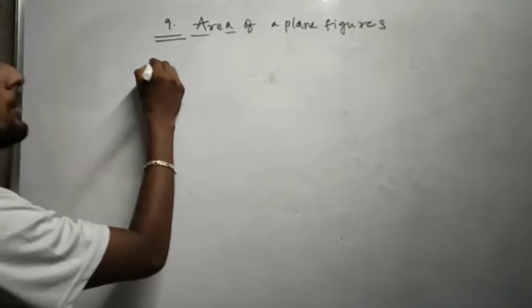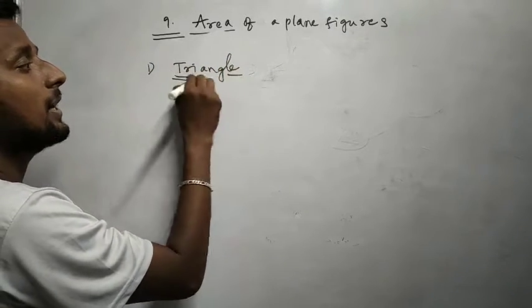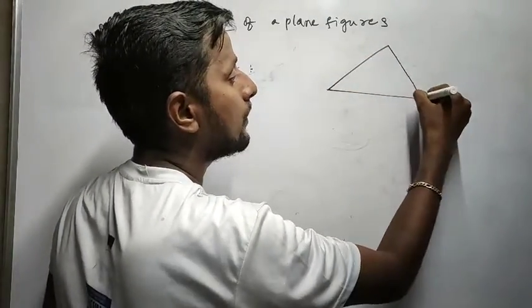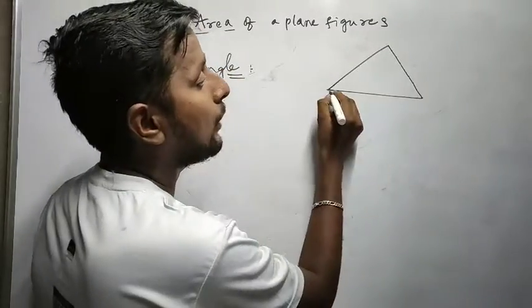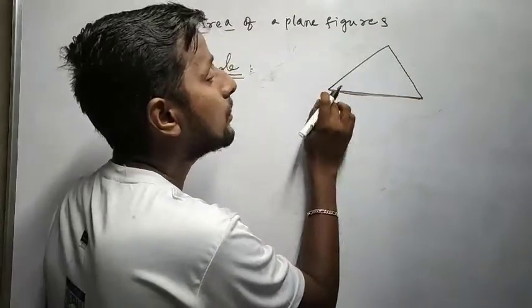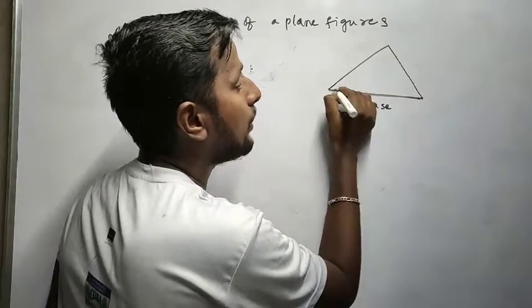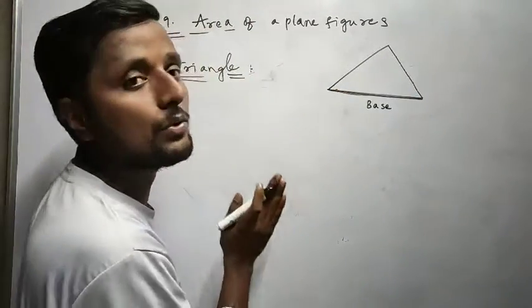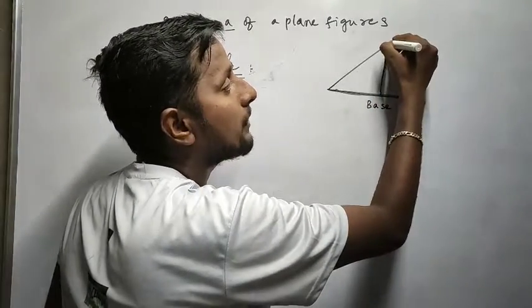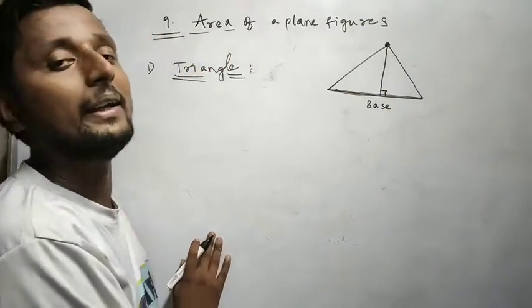Okay, first I'll talk about a triangle. Triangle, it's a simple closed figure. Look now, whatever gives a constant to stand the triangle, we can call it a base, correct? So here the base gives stability for the triangle to stand. Now if you draw a perpendicular line from the opposite vertex, it is the height of the triangle.